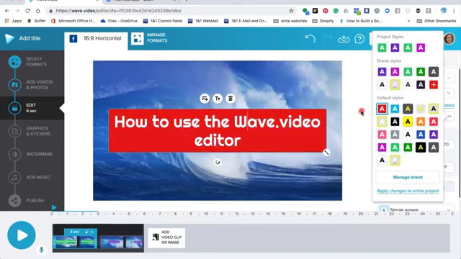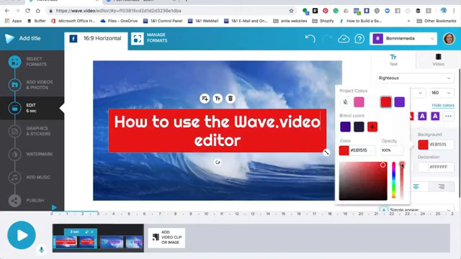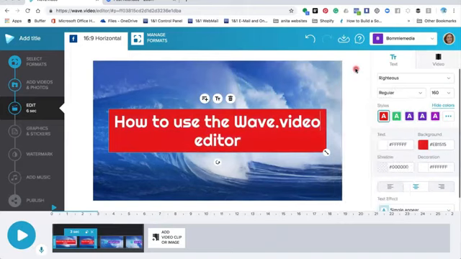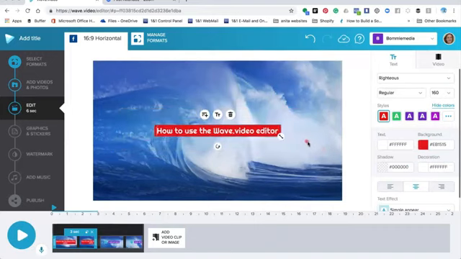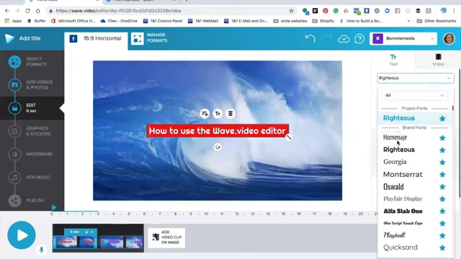Once you're happy with the colouring, you can make the background a little bit see-through if you want by pulling this little bit up and down. You can also change the percentage by actually typing in the percentage if you want as well. Okay, so once you're happy with the colouring, you can change the size of the font by dragging it to make it smaller or bigger, and you can also go over here and use the drop down box. You can also change the type of font by clicking the drop down box and